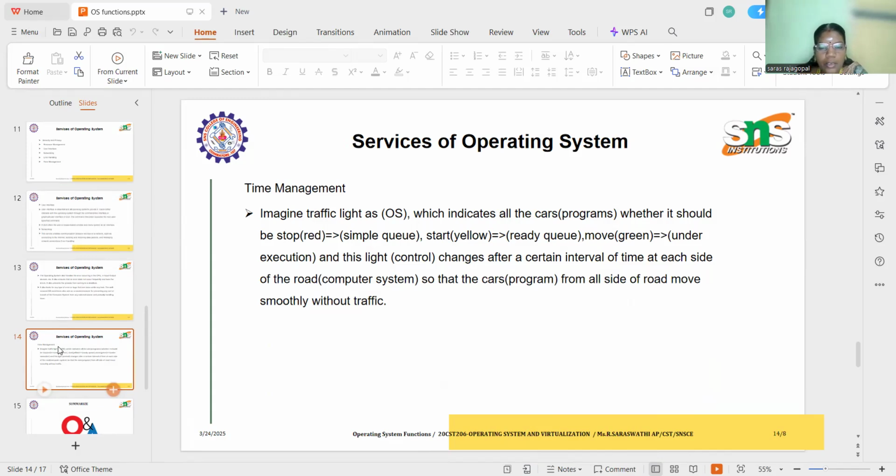The light changes after a certain interval of time at each side of the road, so that cars from all sides of the road move smoothly without traffic. The main aim of the service is that all the cars from all sides can move smoothly without any traffic.